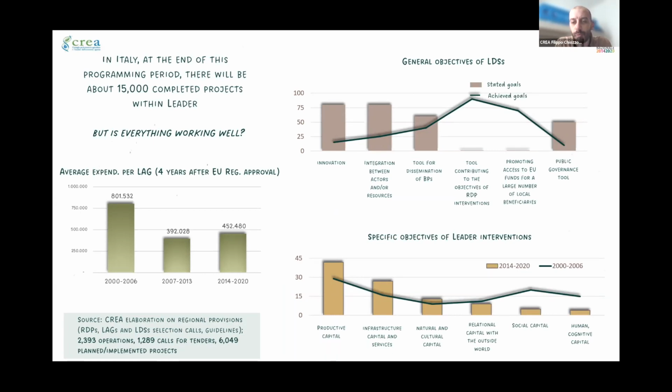And we notice also that this difference has become more pronounced with the transition of LEADER from a fairly independent method, let's say, to a measure embedded in the RDPs. Of course, there's not just one reason for that, but many of them. But of course, one that has been much underlined during this morning is the,